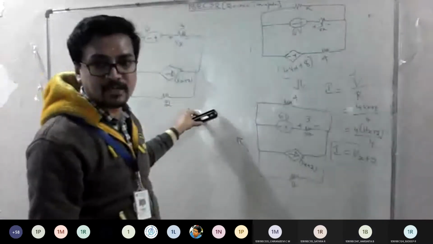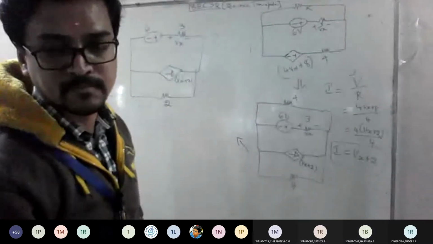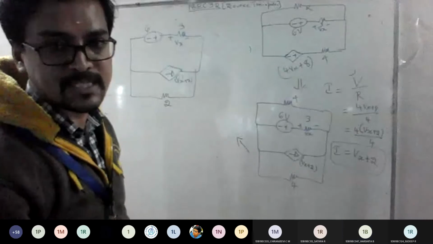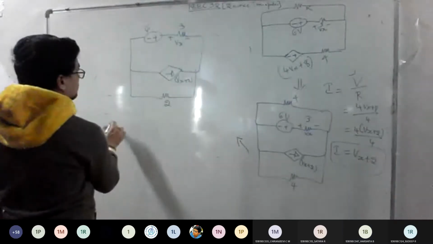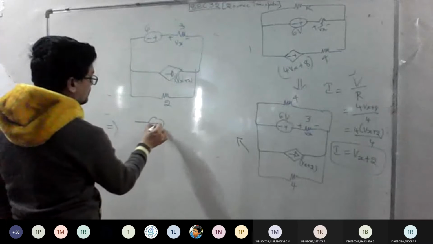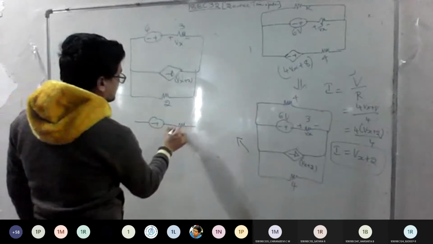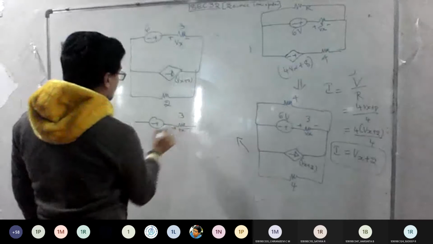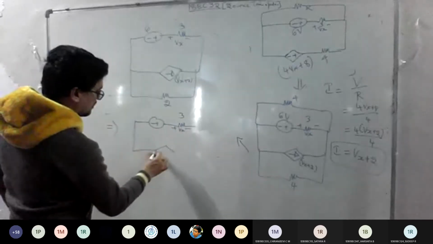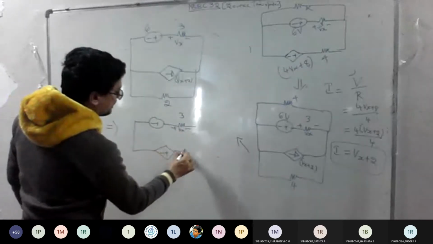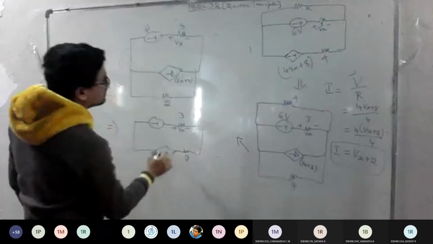So can I convert this back to one voltage source now? Yes, sir. That is where I can get one single mesh, right? So what is the answer? 6 volt is there. Then Vx of 3 ohm is there. So the symbol should be minus plus and the resistor becomes 2. What is the value of this?